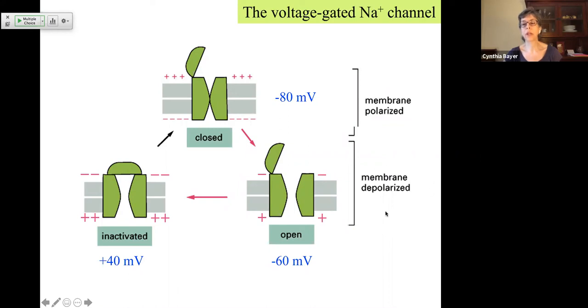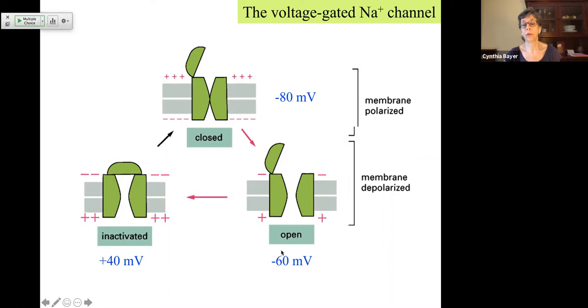But that change in the membrane potential causes a change in the three-dimensional shape of that voltage-gated ion channel. So it goes to what we call the open state, which will allow sodium ions to pass through it. The difference, minus 80, is closed. Minus 60, getting closer to neutral,